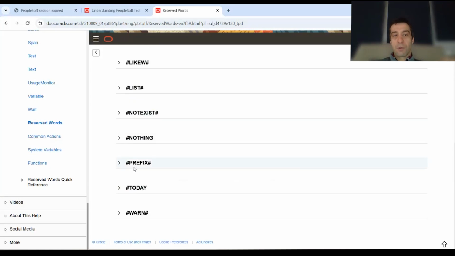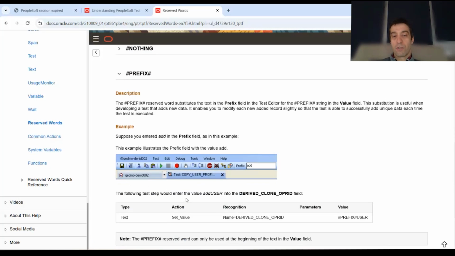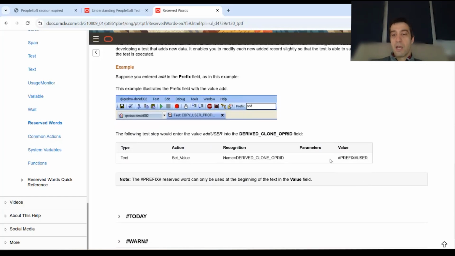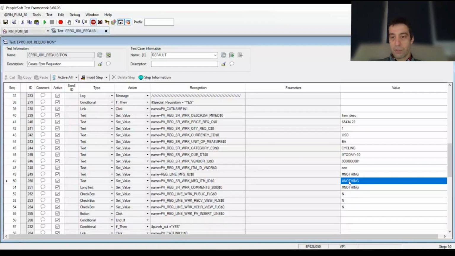A couple of other ones that I'm going to talk about. Prefix. Prefix is a really important reserve word if you are leveraging prefixes. And what you can do here is you can prefix a value. So say, for example, I want to prefix the description, okay? And in front of the description, what you do is you put prefix, and then you leverage this little field